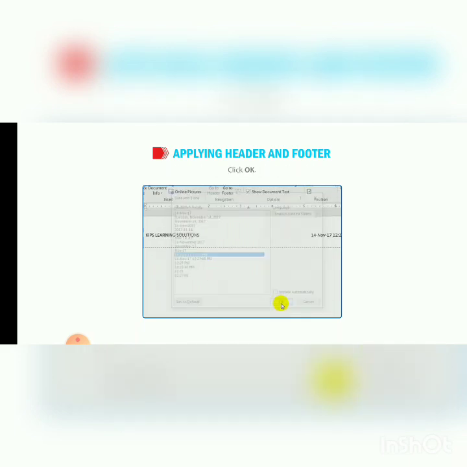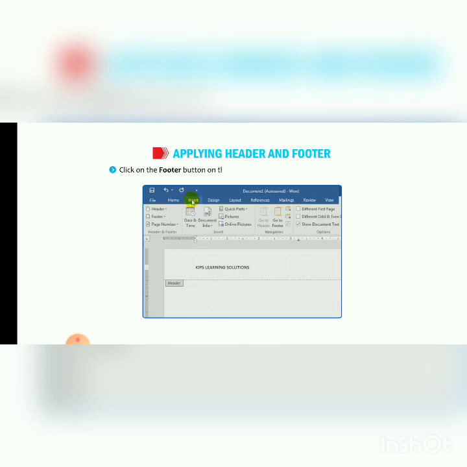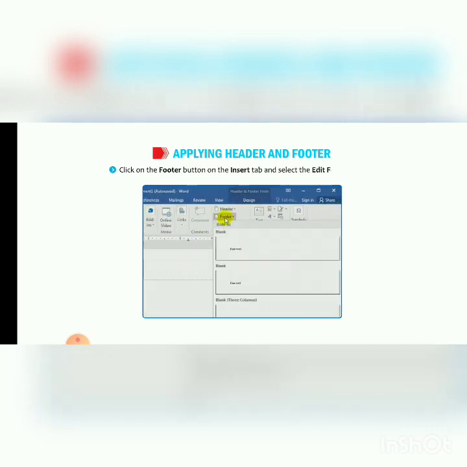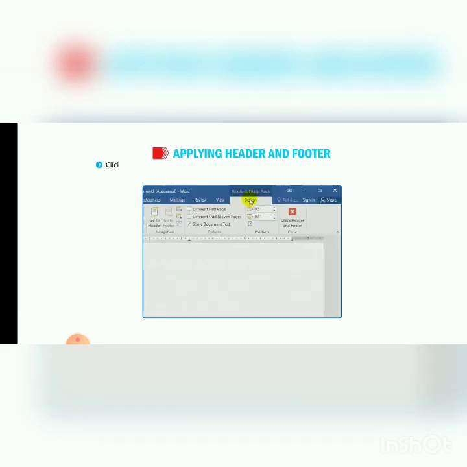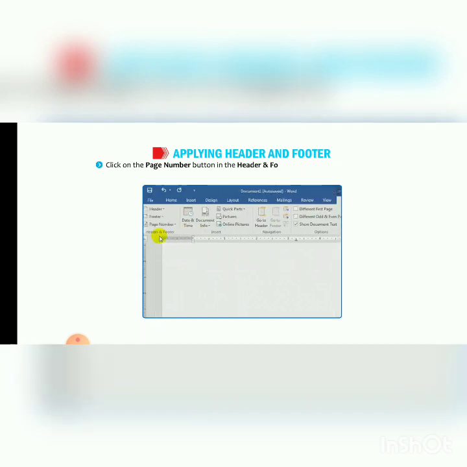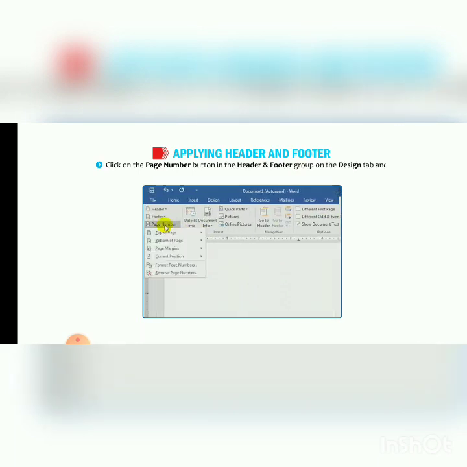Click OK. After that, click on the Footer button on the Insert tab and select the Edit Footer option. The cursor will appear on the left side of the footer section. As you can see on the screen, press the Tab key and the cursor will jump to the center of the page. Click on the Page Number button in the Header and Footer group on the Design tab and choose the desired format from the drop-down list.